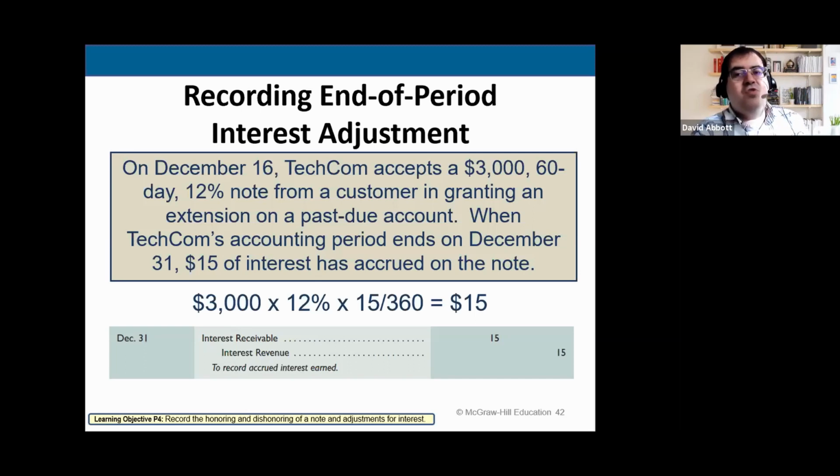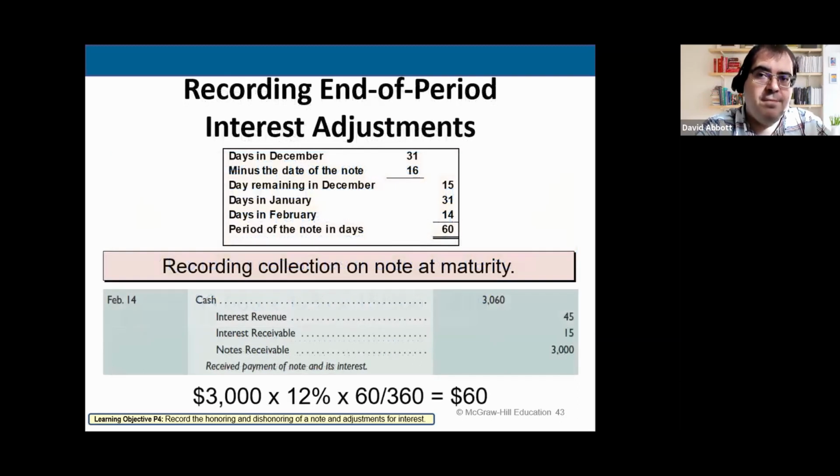The debit to interest receivable, because we know that we are owed that, so it's an asset, and then we would go ahead and debit the revenue to show that on the income statement. So now, when that December 16 note is collected on